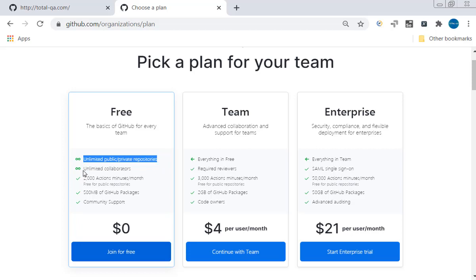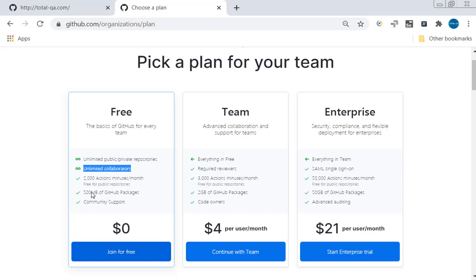And you have unlimited collaborators. A collaborator is nothing but a contributor for the repository. Anyone who has access can modify the code, push, and pull. So the contributor is the one who is modifying the changes, who has access to the repository to modify the code. We call them collaborators.